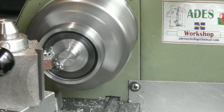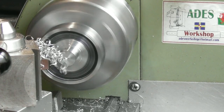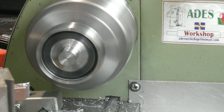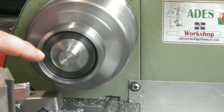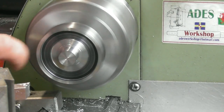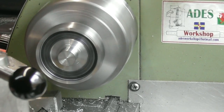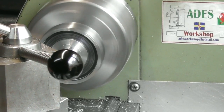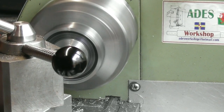And I've hit it. I can't come too far out. That's about it. Okay. So at this point, I need to change my tool, or the angle of my tool, touch off on what I've just done, which is a clearance, so it's not important, and bring it out somewhere near the outside. So I'll just revolve my tool around, which allows me to come further out. And I'm going to just touch there